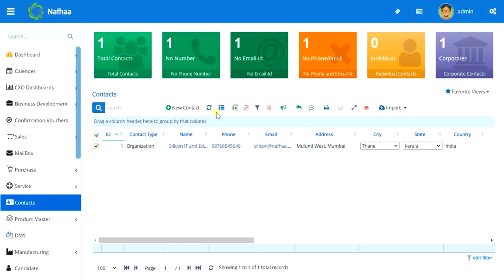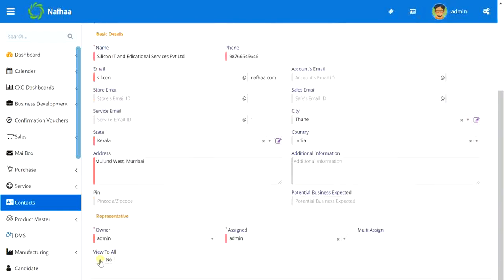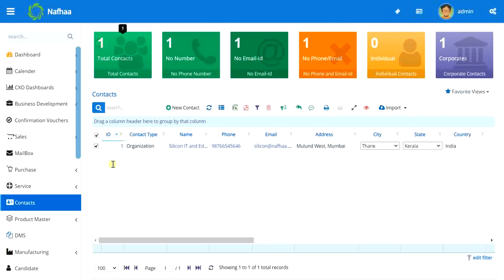If you select multiple here, you can even delete this content. Okay, this is the bulk update, as we saw this option here to make visible to all. This option can be done for an individual contact, whereas you can select multiple here and make visible to all. Okay,